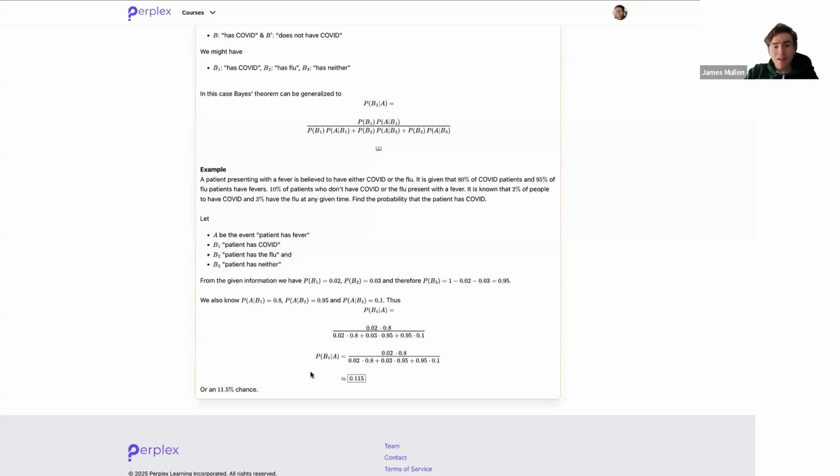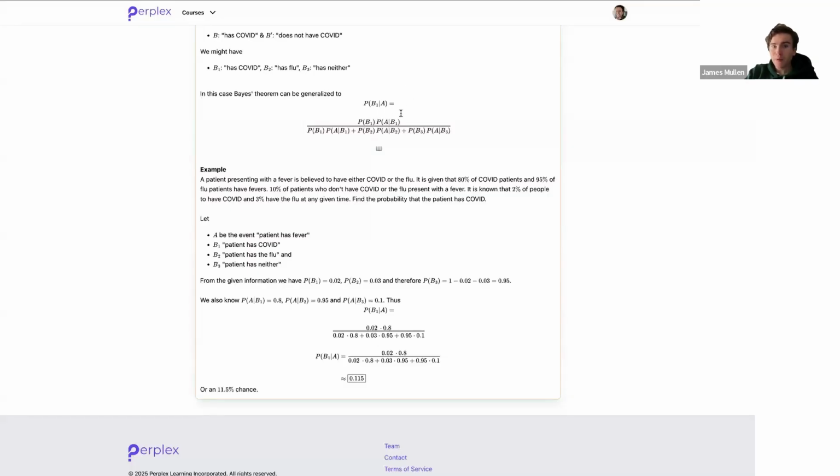0.95, okay? Now, we also know that the probability of having a fever if you have COVID is 0.8, and the probability of having a fever if you have the flu is 0.95. And the probability of having a fever if you have nothing is just 0.1. You just have a random fever. And therefore, I can say that the probability of having COVID, given that you have a fever, is, I use my formula, the probability that you have COVID,